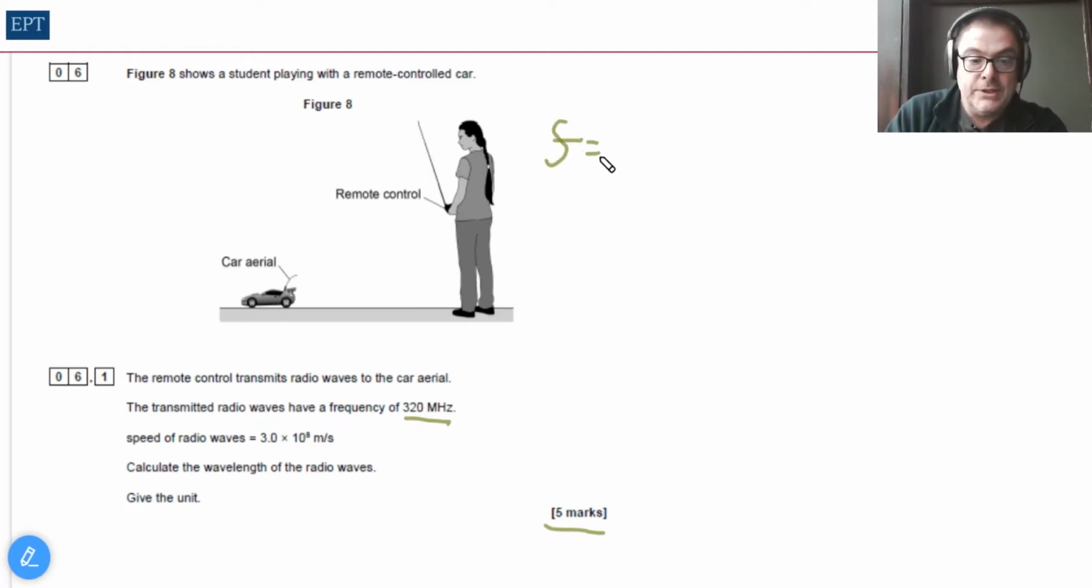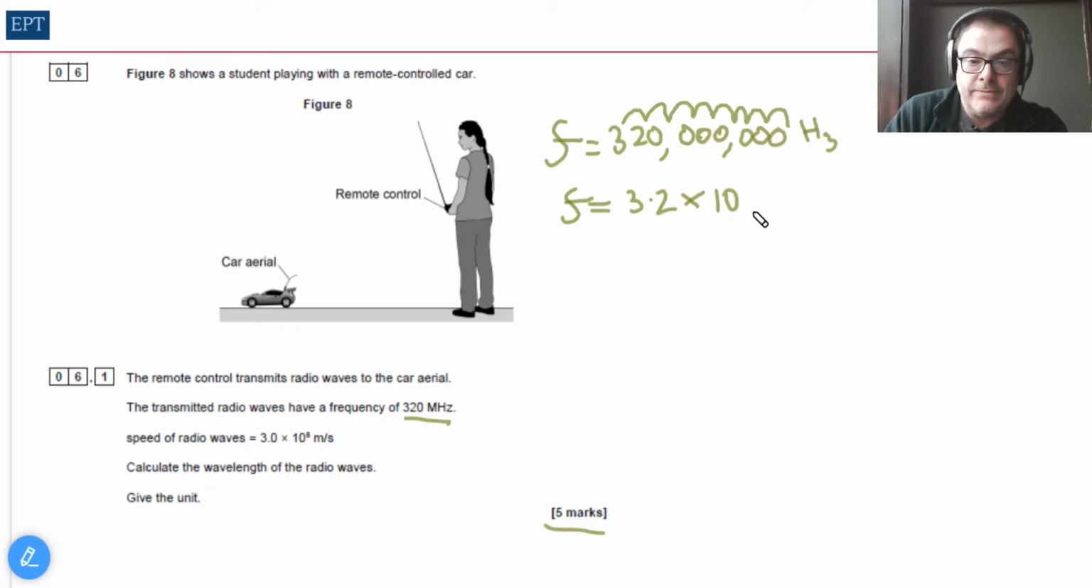Well, frequency is 320 million hertz, so that needs another 6 zeros. And we don't really want to write it like that unless we have to. So we could also write that as 3.2 times 10 to the 1, 2, 3, 4, 5, 6, 7, 8. And there's probably at least 1 mark for doing that. So we've been given that the speed of the waves is 3 times 10 to the 8, and we have